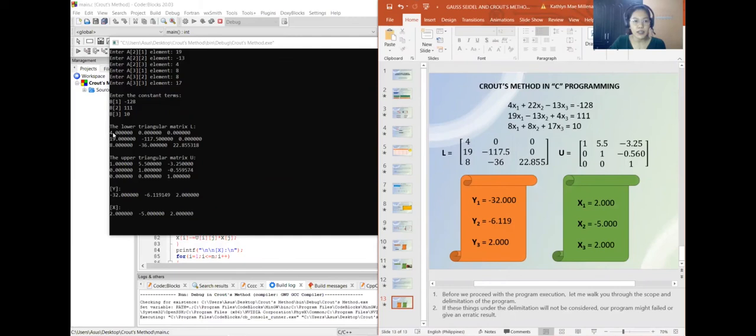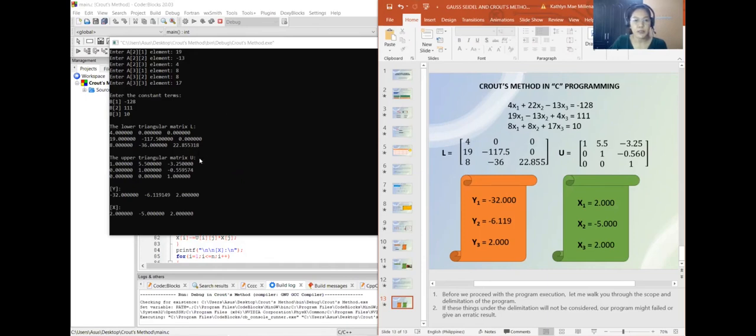As you can see, for the lower triangular matrix we have 4, 19, 8 in the first column, then negative 117.5 and negative 36, and 22.855.